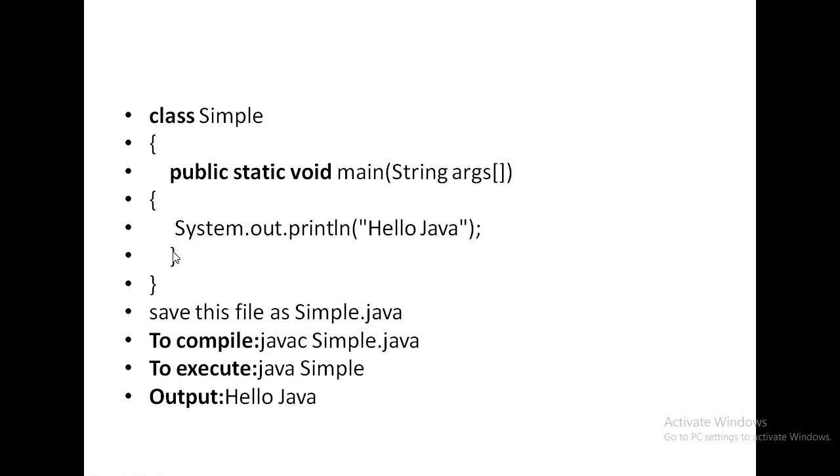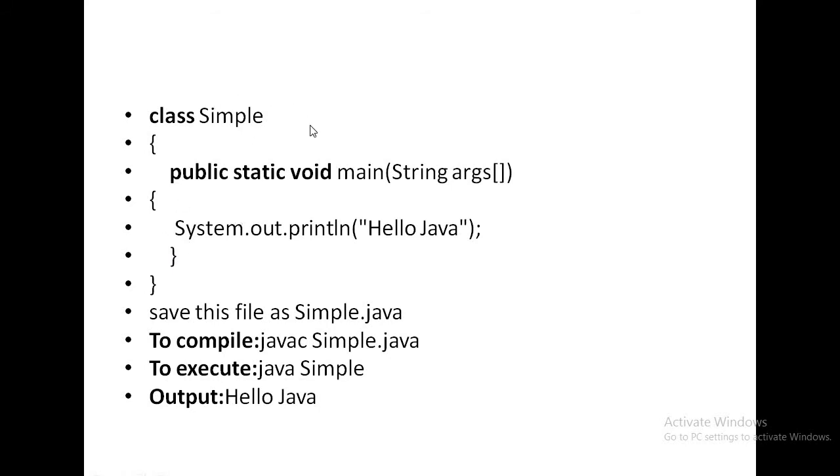Inside this main method I want to print hello Java. So for printing purposes in Java we are using System.out.println. System is also an inbuilt class present in Java, so S must be capital. Always remember, in Java every class name must start with a capital letter. So here Simple, S is capital, String, S is capital, System, S is capital. These two are the inbuilt classes present in Java, and this is the user defined class. User defined class means I am creating the class.